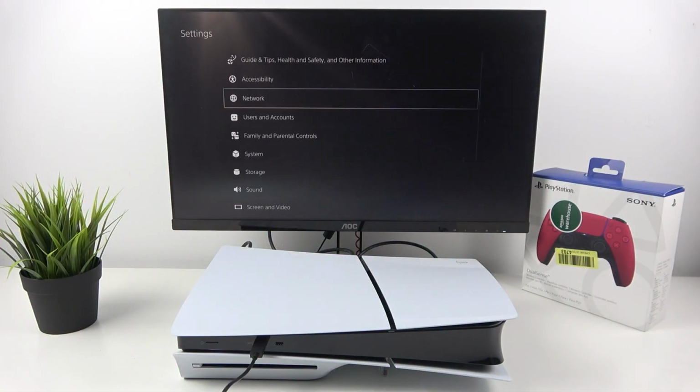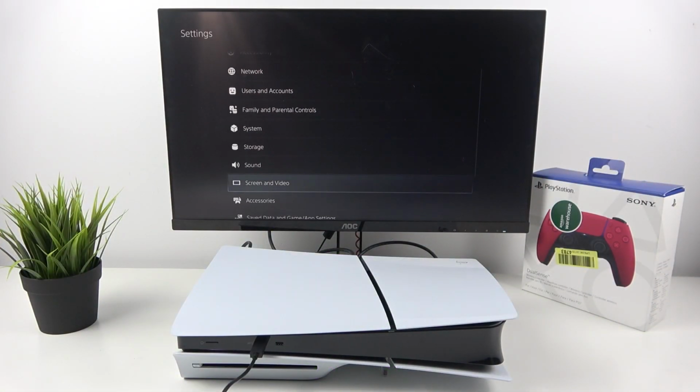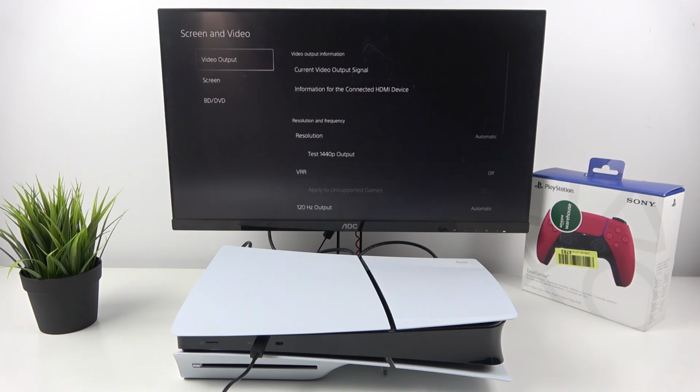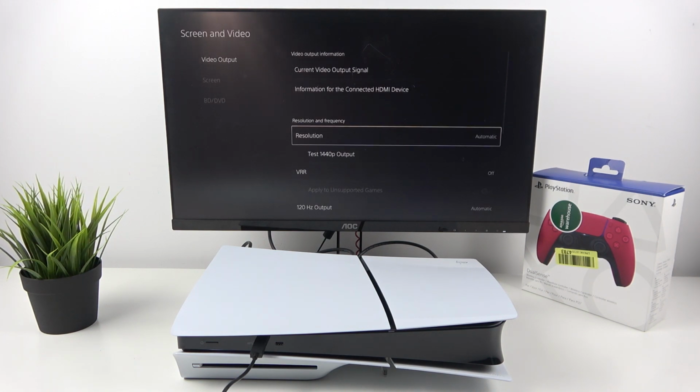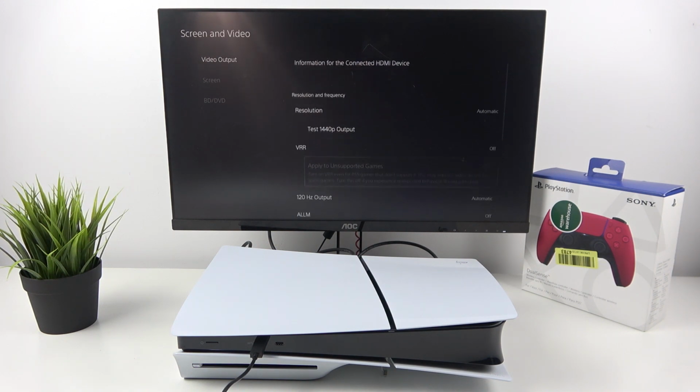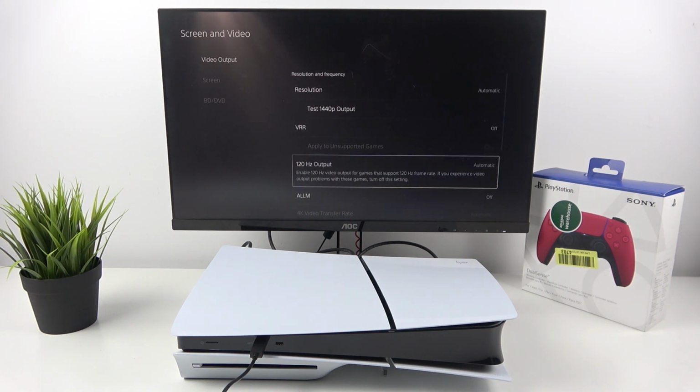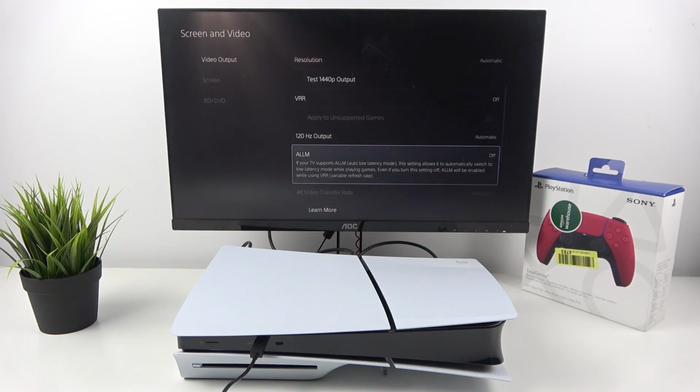Firstly, let's go to settings and now go to screen and video. Enter video output and now you can check your current video output signal. You can adjust resolution, test resolution, enable VRR function, enable 120 Hz output between off and automatic. You can enable auto low latency mode,